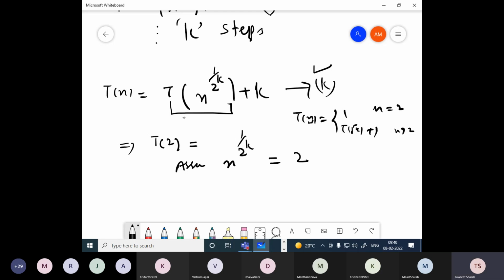Why am I doing this? I have been doing it continuously in the case of dividing and decreasing functions, because I know the value of T of 2, that is equal to 1. So to remove this T term from this equation, I should be able to put the value of n power 1 by 2 power k equal to 2. So if I keep it equal to 2 power 1,